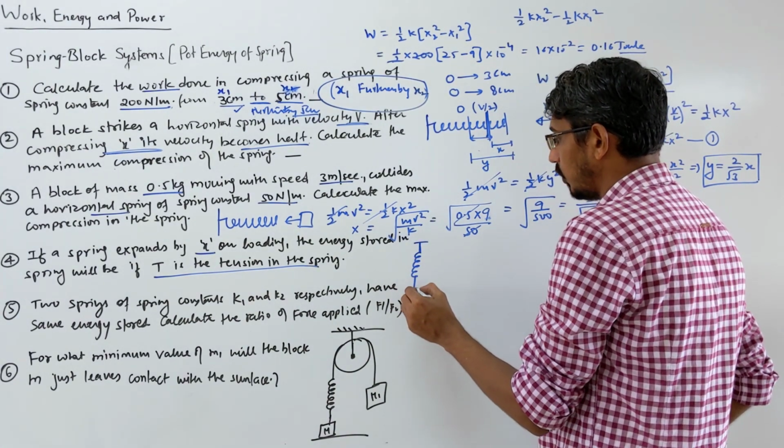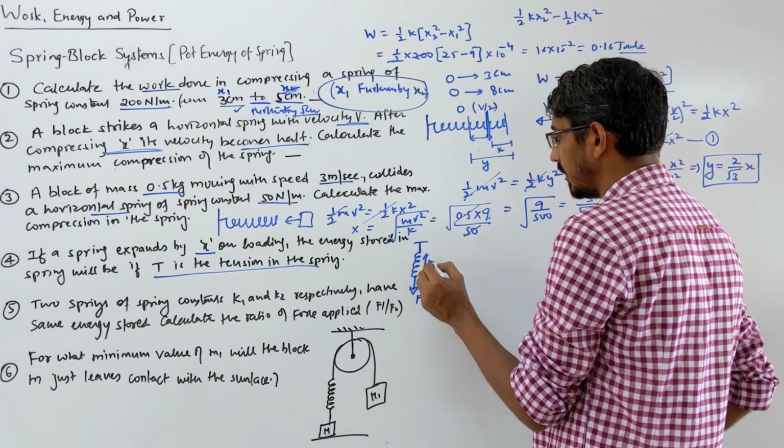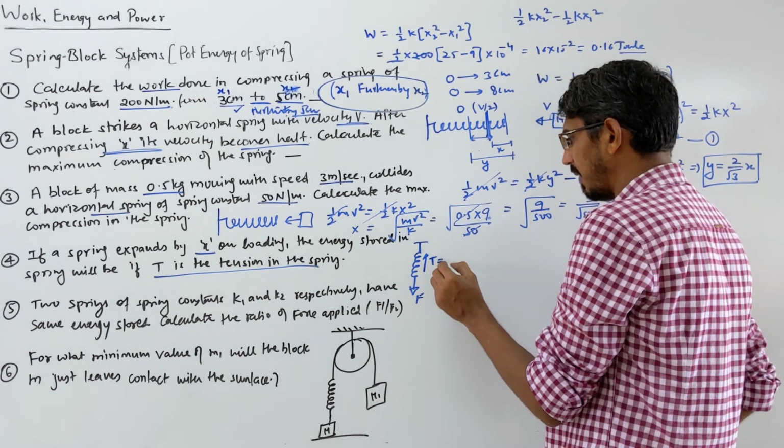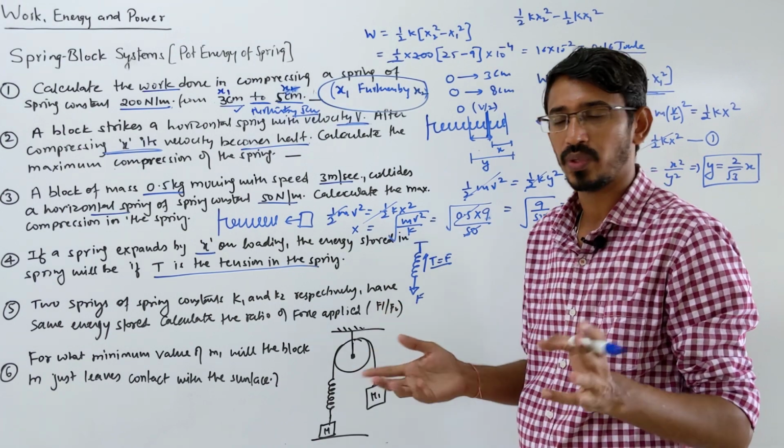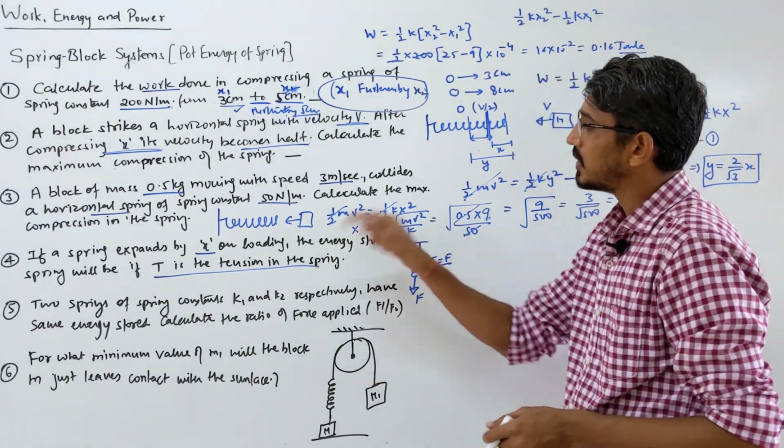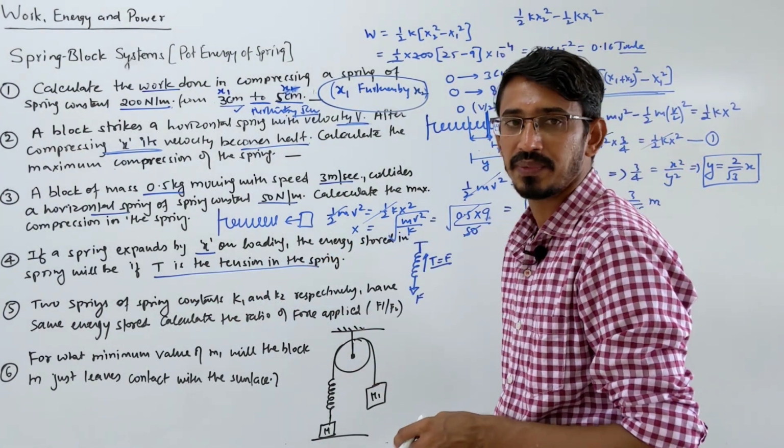Suppose this is a spring, you apply a force F here, the spring force here they are calling T. So T will be F, that's first we have to know, because kx, the spring force, is equal to the force applied simply. We have two forces only, right? So they are asking what is the energy stored in the spring in terms of tension, answer was given.